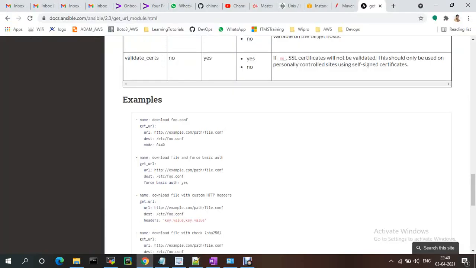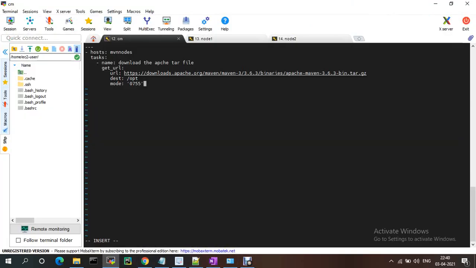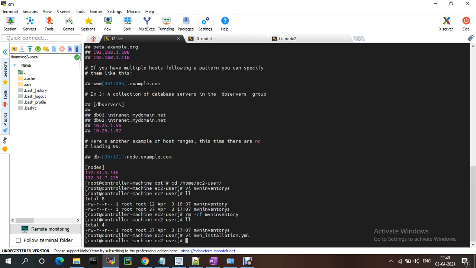This has the url, destination, and mode. Let me try to execute this on the nodes. I run ansible-playbook, giving the inventory, since my Ansible is in the current location.